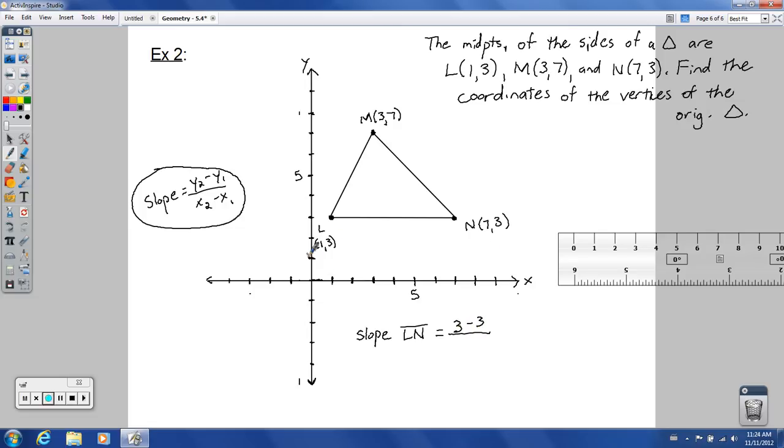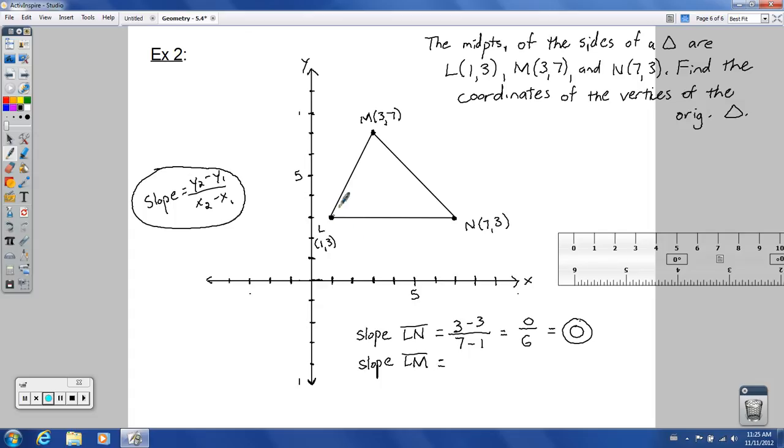I'm not going to label these things right now, but this you could say is x1, y1, and x2, y2 over here. So 3 minus 3, and then 7 minus 1. This would become 0 over 6. 0 divided by anything is 0. So we have one thing that has a slope of 0. One line has a slope of 0. The slope of LM,